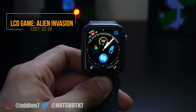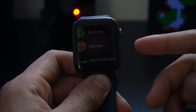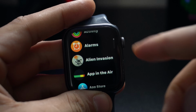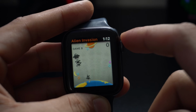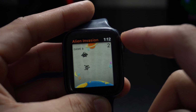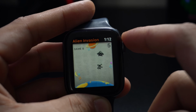This first one I want to go ahead and show you. It's called LCD Games Alien Invasion. And once we launch the app, you notice the cool retro look they actually managed to pull off really well. It looked like an old school gaming watch kind of style, so it gives like a retro feel. The point of this game is to simply, instead of shooting, you're capturing. You gotta save your alien friends, rescue them, put them back in your UFO, and you have two different modes